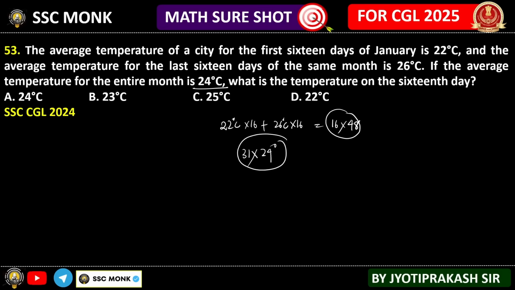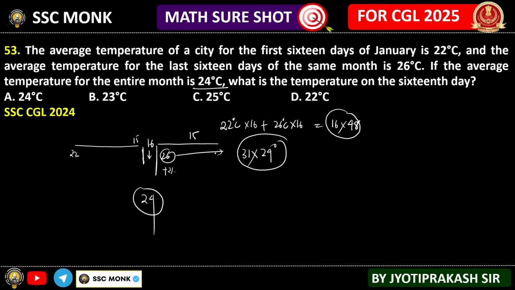Yes or no? Or what I can do? Sir, 1 to 15, 16 over here, then again 15. Clear? Sir, here 22 till 15th, then again 26 degree for the next 16 days from 16, last 16 days. That means here it is 26. Okay. Sir, average is 24. Now understand. 24 means what? Here 26, that means my plus 2 has been taken out over here. First of all, yes or no? Yes. Sir, plus 2 if it is taken out and here it is given minus 2, that means everything is equally balanced.